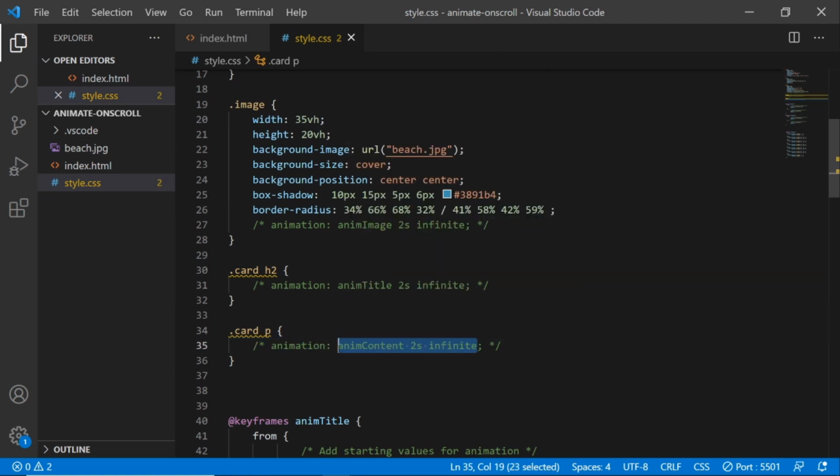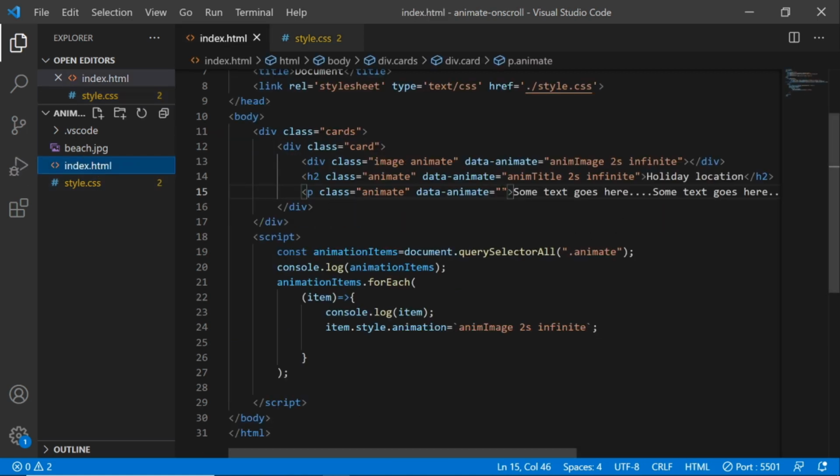Remember, we're only copying the value, not the property. Okay, so I'll copy the data animate item there as well. So if I save that, now I should be able to access this. Now I can do a console.log. I can say .dataset. Okay, this will